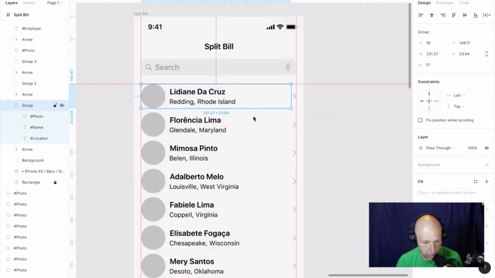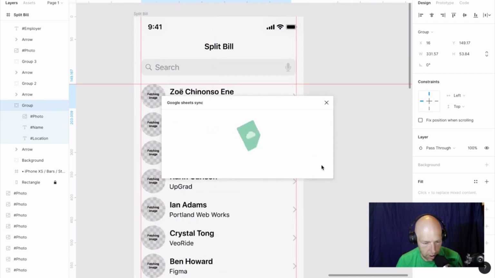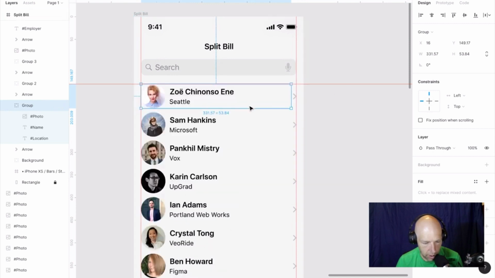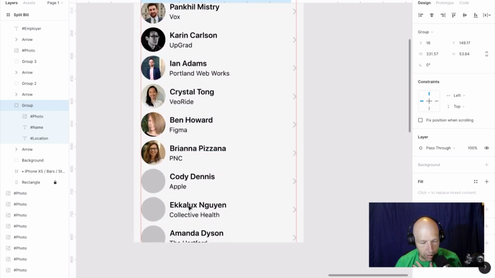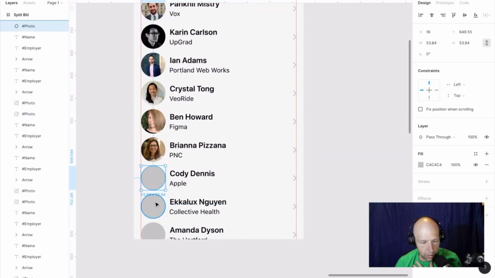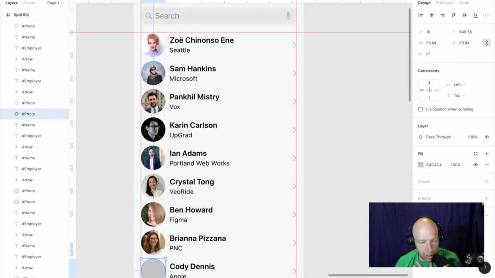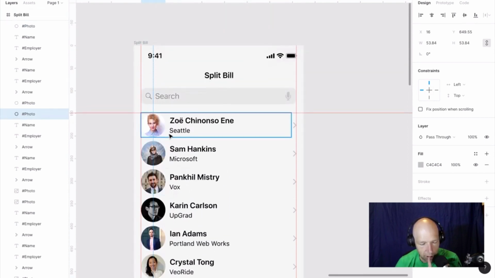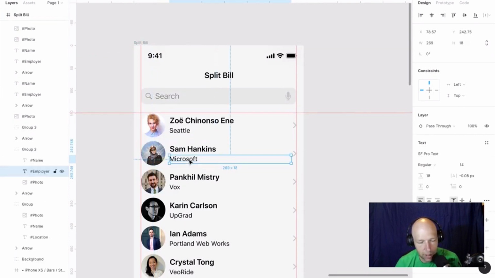So I'm going to come through Google Sheets Sync. There's Zoe. Now, oh, that's so interesting. This probably isn't interesting to anybody else, but as I come through, what is so funny is these aren't getting images at all. What is funny to me is it says Seattle here, and then the first element in